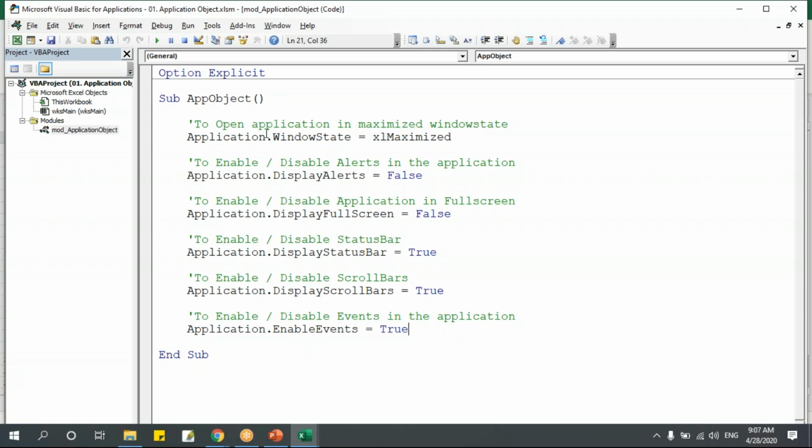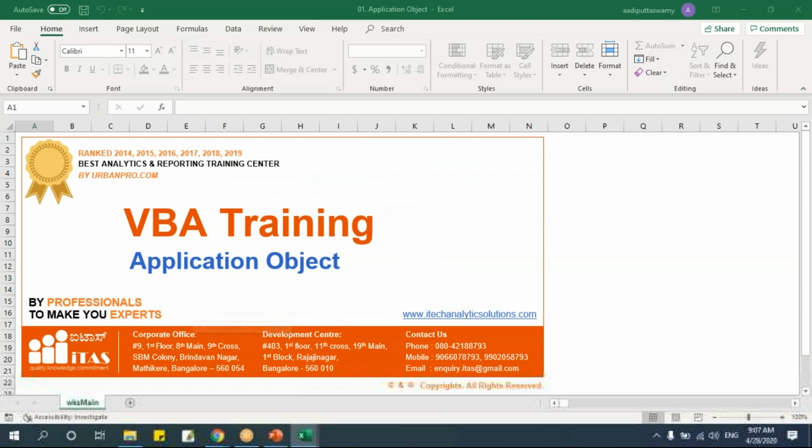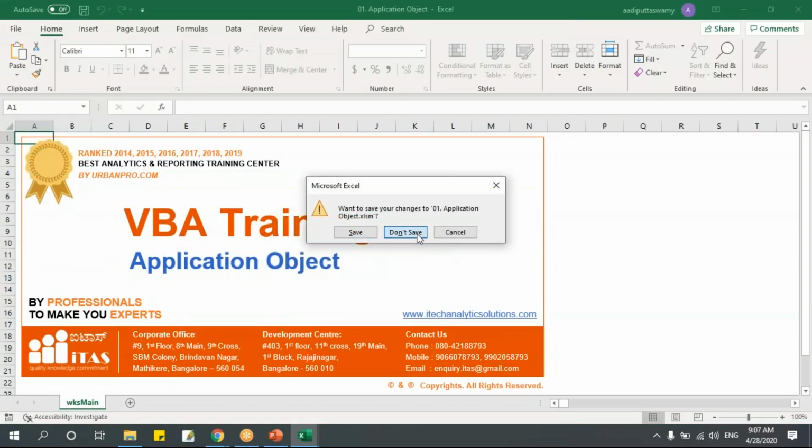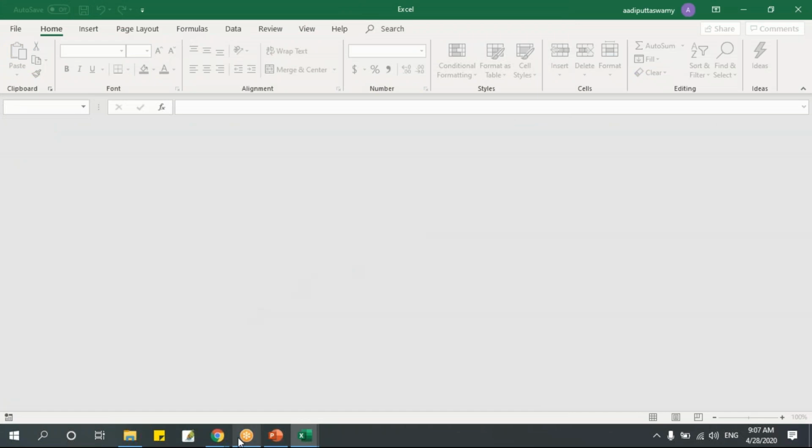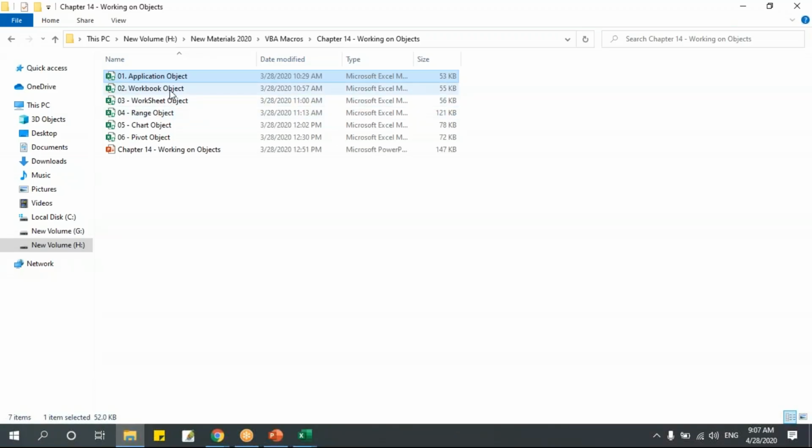You can just work on this. This is very simple code to work on the application object. But we'll work on worksheet and workbook. So what all things can you do in worksheet and workbook? See, I have this workbook object. What all things can you work on a workbook? Let me open